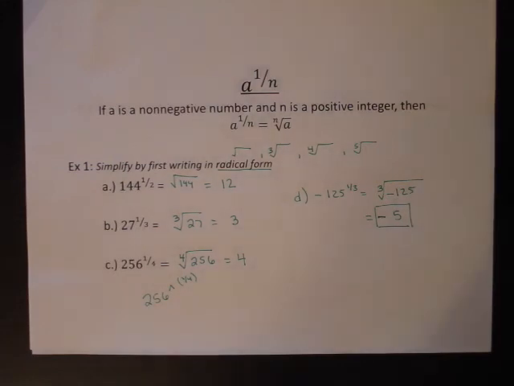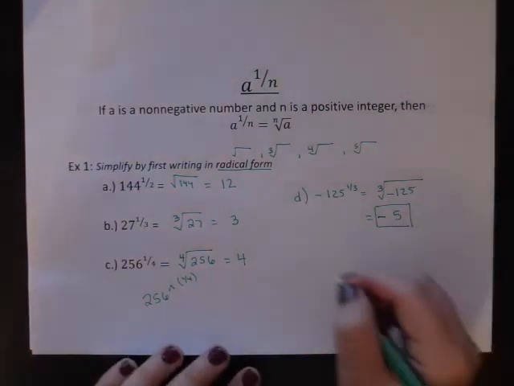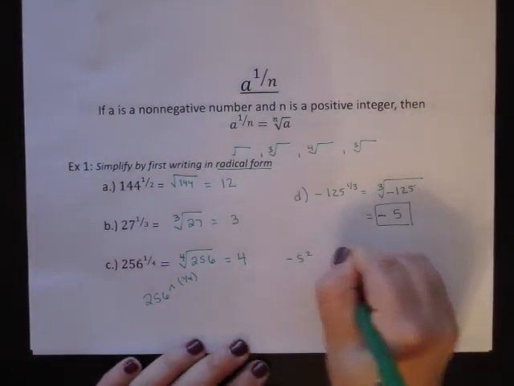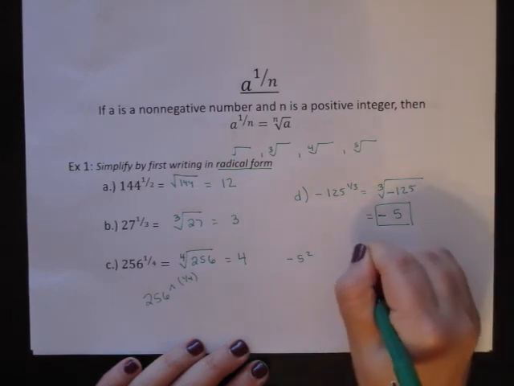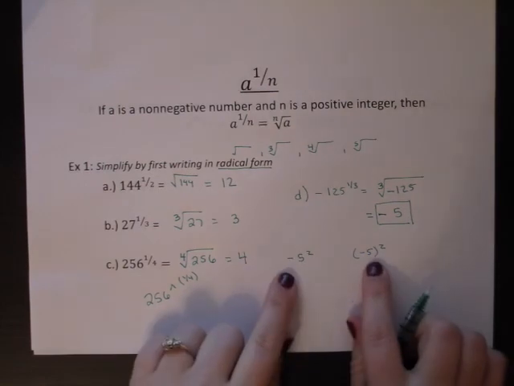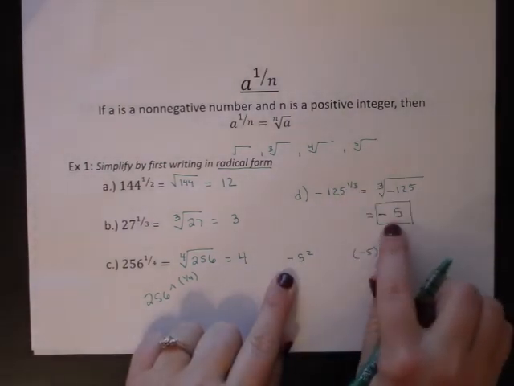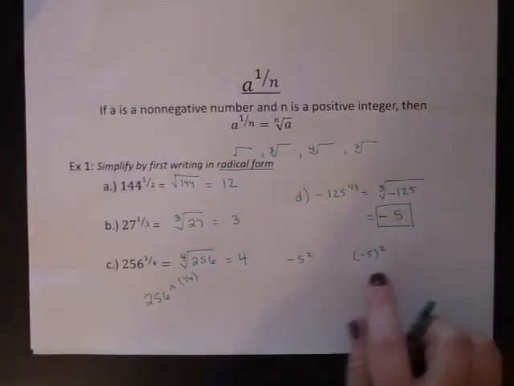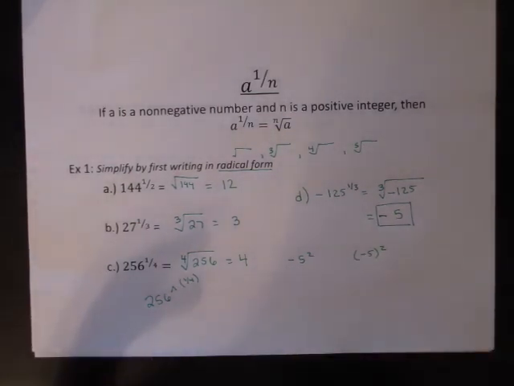Now one thing I didn't explain on the other slide that I should have is if I have negative 5 squared and I have parentheses negative 5 squared, there's going to be two differences. These two answers are going to be different. If it's a cube root,